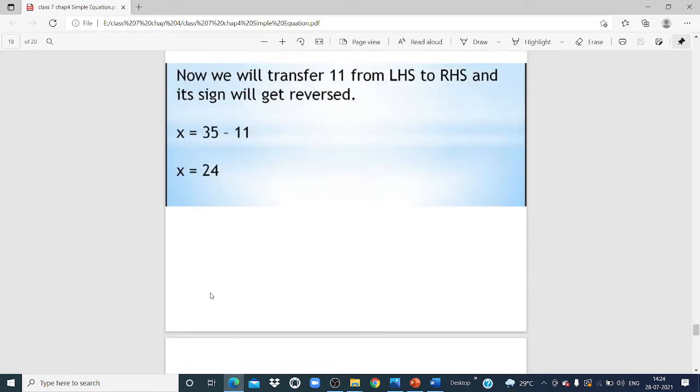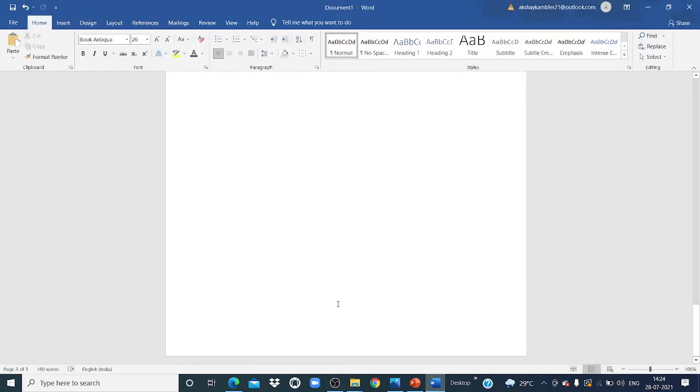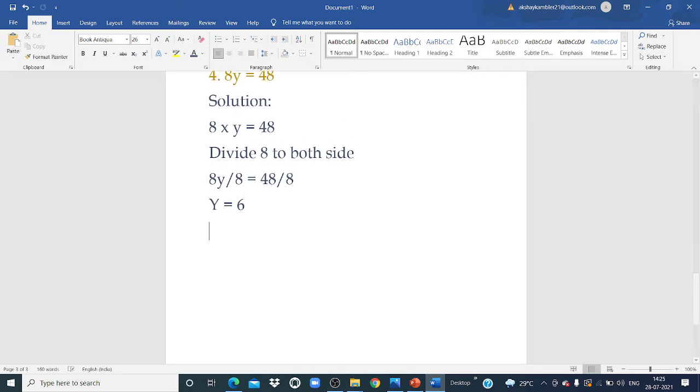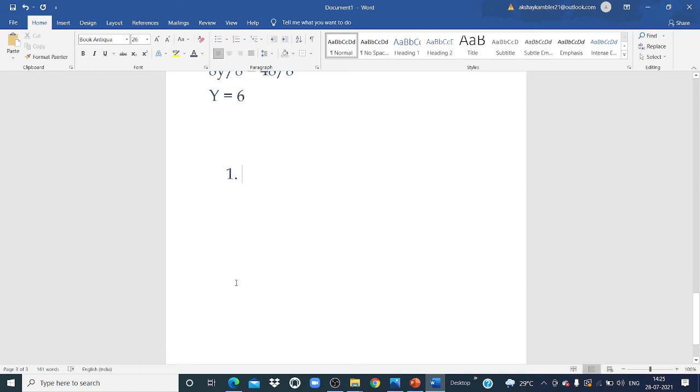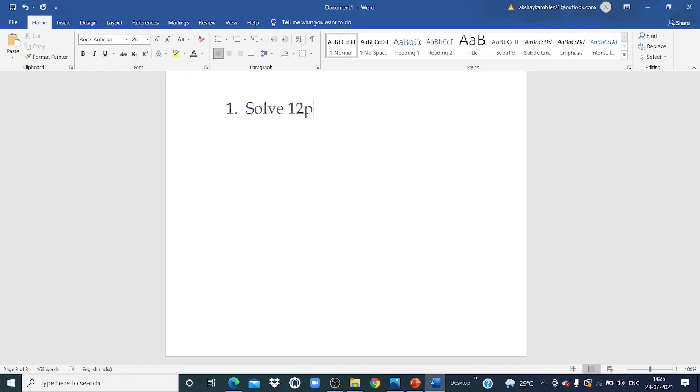Right my dear students? Understood how to solve? Shall we solve one more example? Alright, we will solve one more example. No worries. I'll give example number 1, because we are starting today's new class, no? So suppose the example, solve 12p minus 5 is equal to 25. So how do we have to solve? Yes, my dear students, I'll show you. Like that only you have to solve in your notebook, and the examples from the exercise also you have to solve like this method.